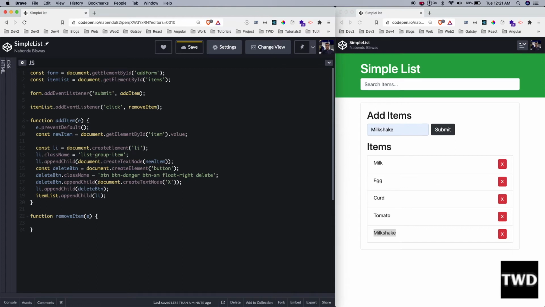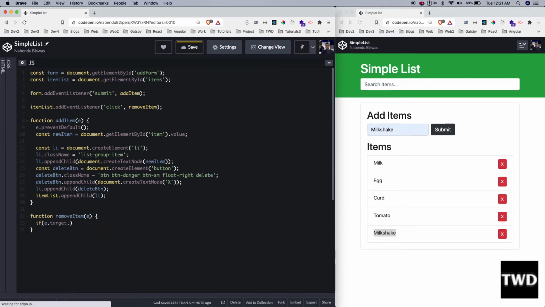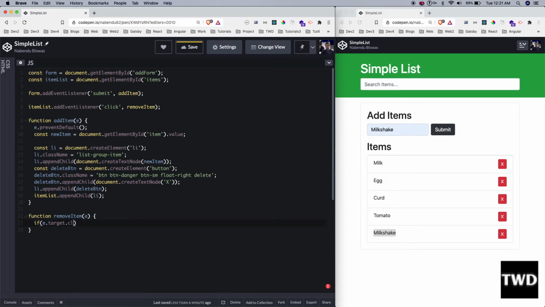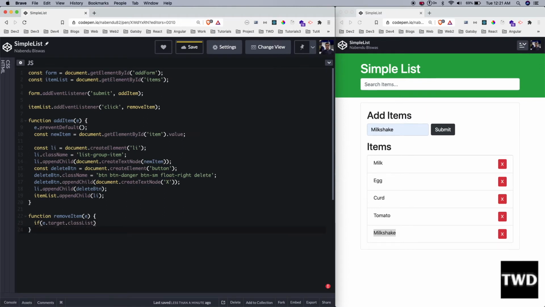So if e.target, we know e.target.value, but we can get the class also from here: classList.contains